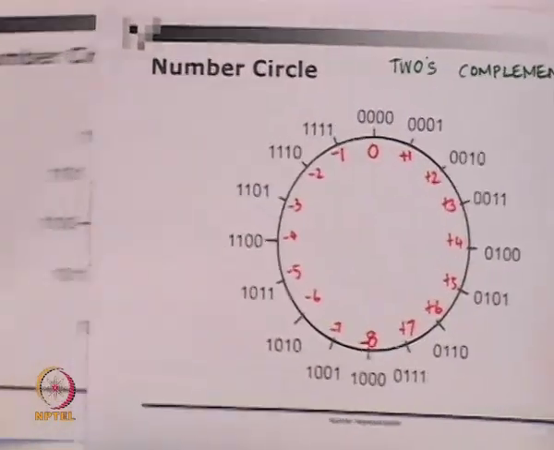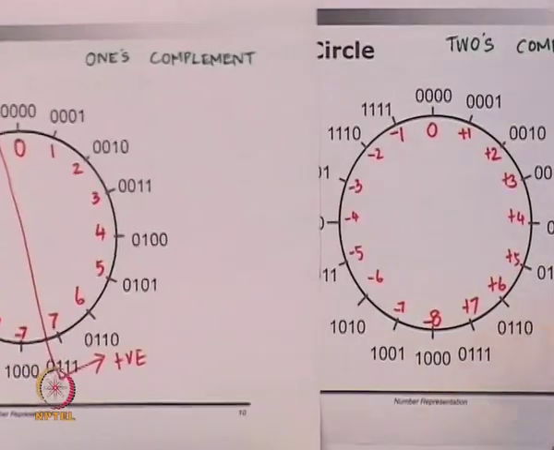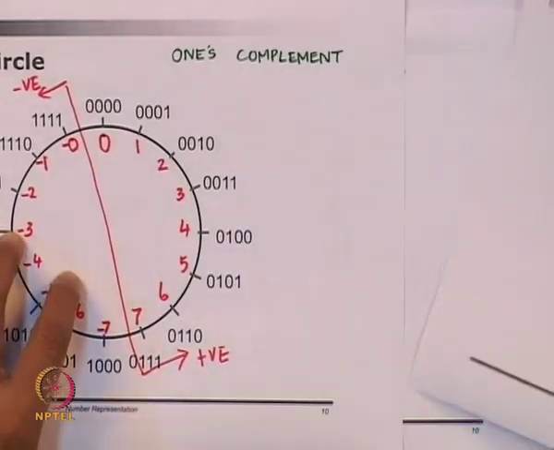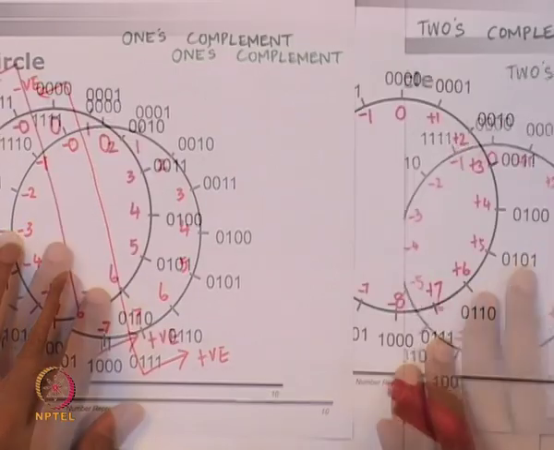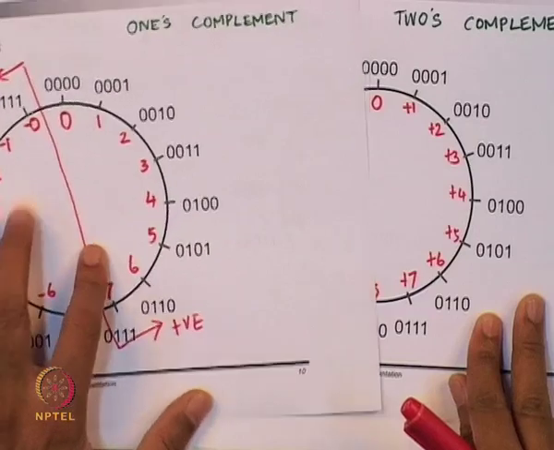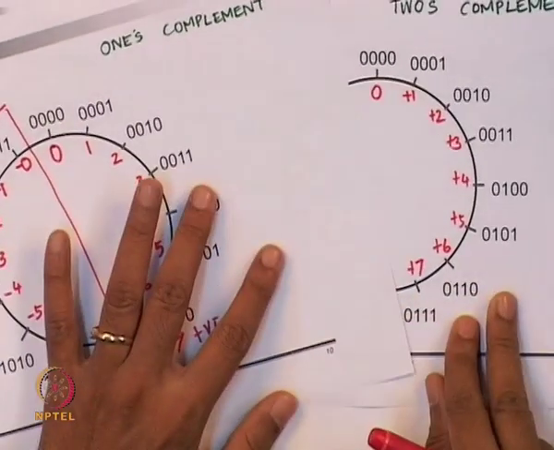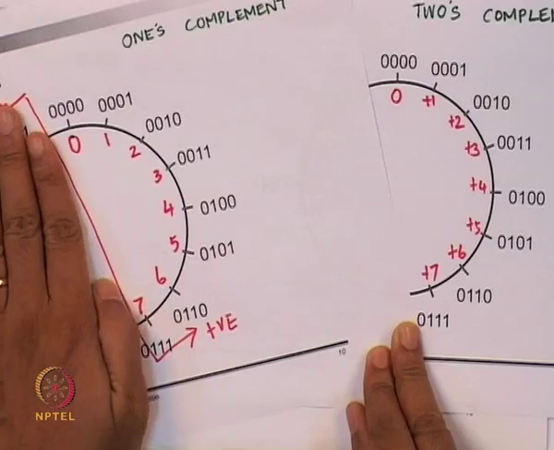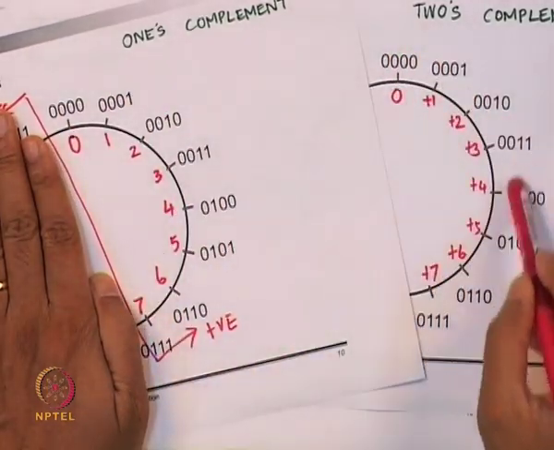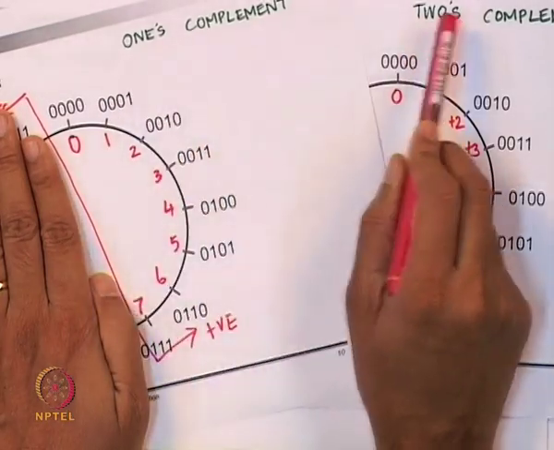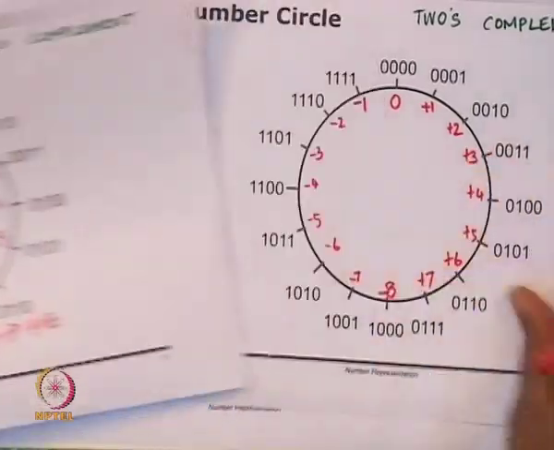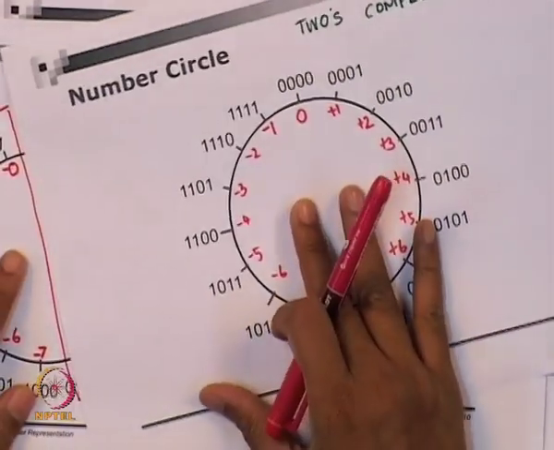One thing I want to do is put the 1's complement and 2's complement side by side. This is a picture for 1's complement and this is a picture for 2's complement. Let us start with just the positive halves first. Let us see 0 to 7. 0 to 7 has the same interpretation for all the positive numbers in both 1's complement and in 2's complement. So the representation does not change. However, if I take the negative numbers,